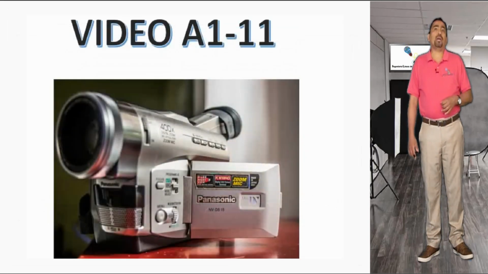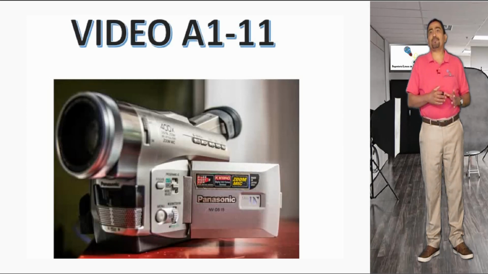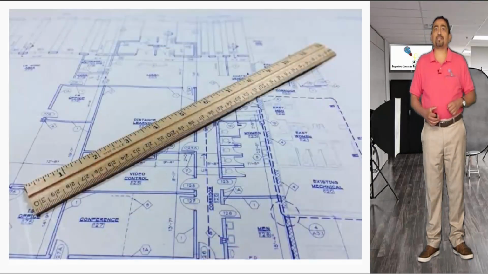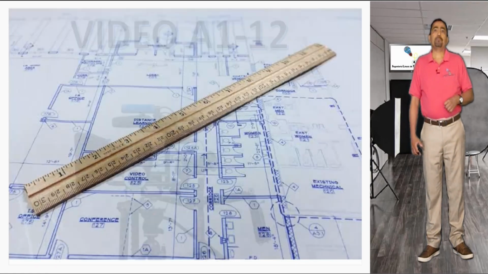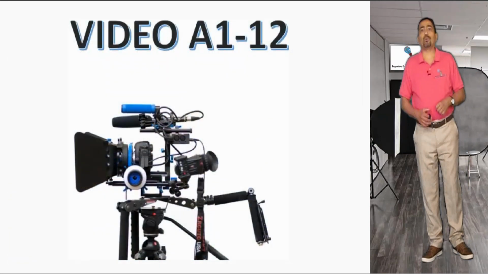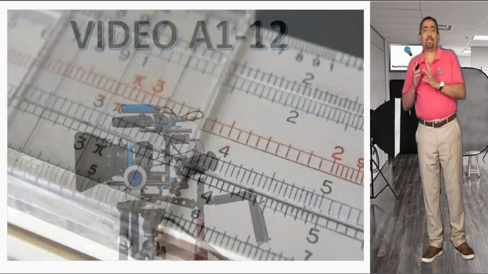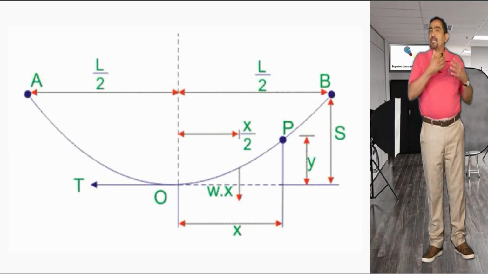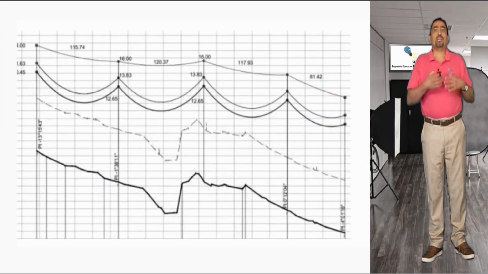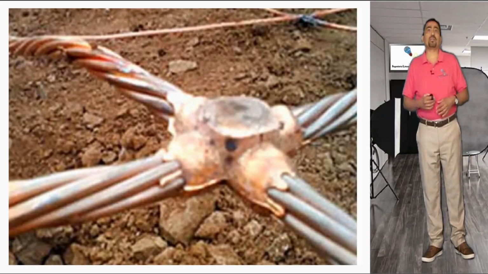Video A11, the description of the documentation to be generated for each discipline. Video A12, we will describe the technical documentation to be developed for a transmission line project: calculations, drawings, structures, locations,